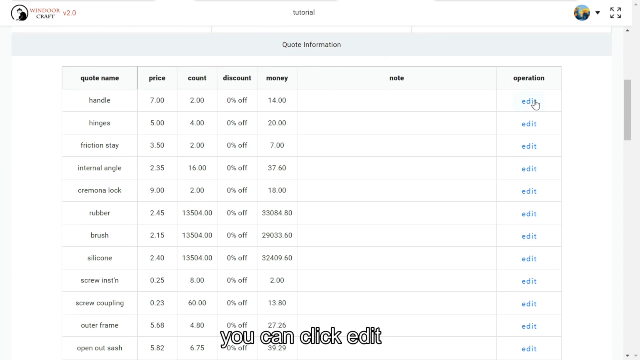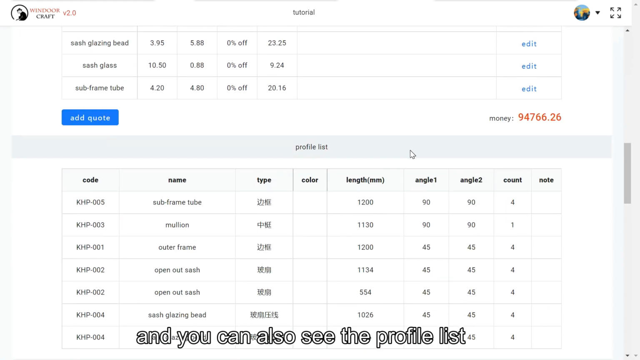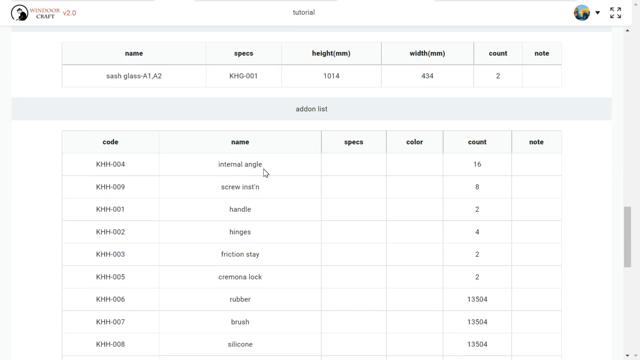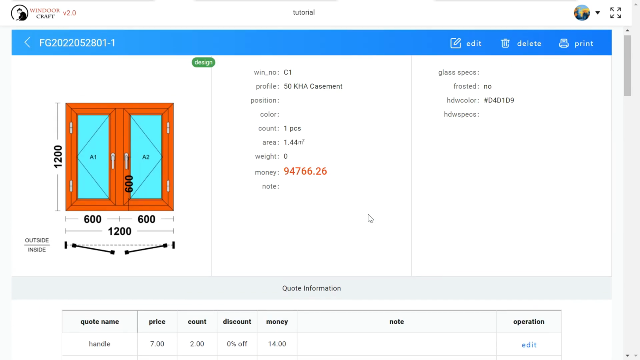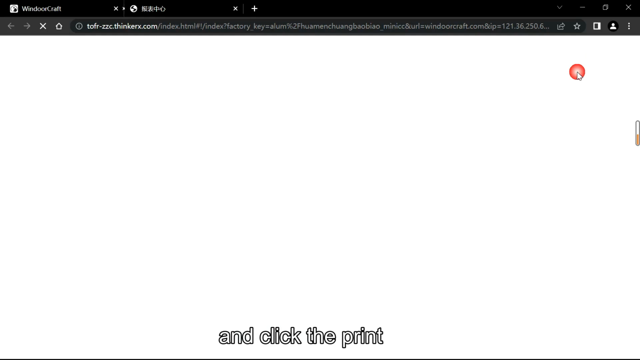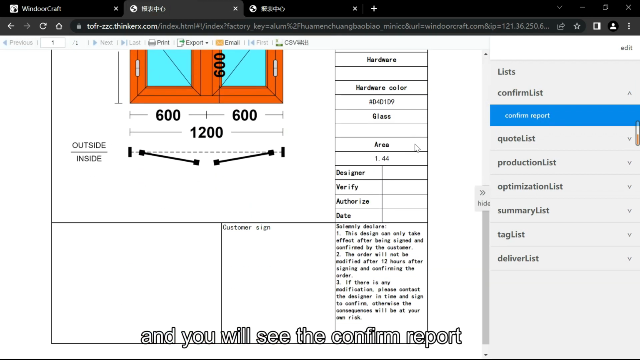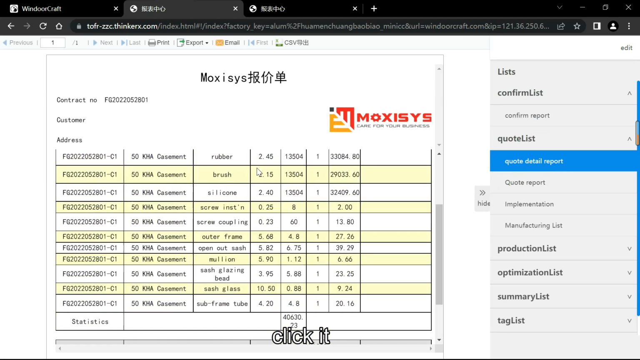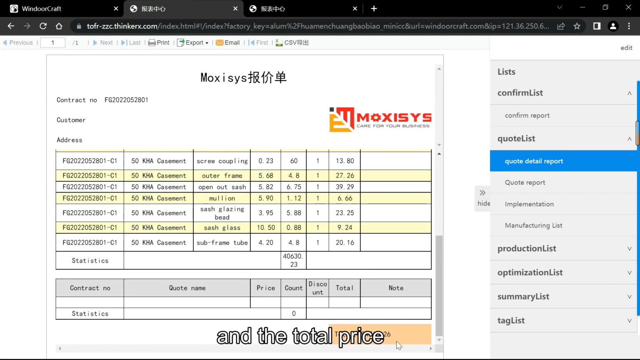Here have handle. You can click edit, do some relative change, and you can also see the profile list. And the glass list. As on, this is the material list, and this is the cost list. and click the print, and then you will see, click the confirm list, and you will see the confirm report, and quote list, quote detail report. Click it, you will see the order number, product name, and the quote name, price, and the total price, and